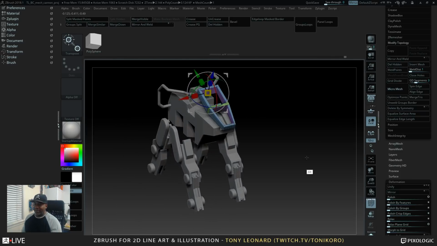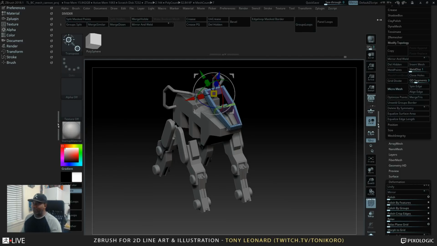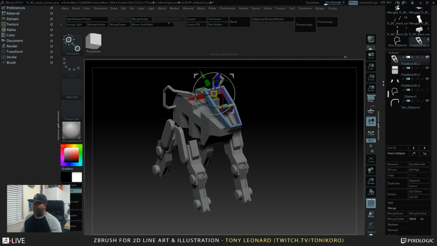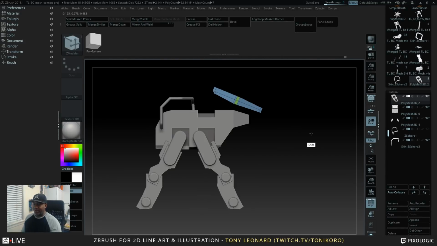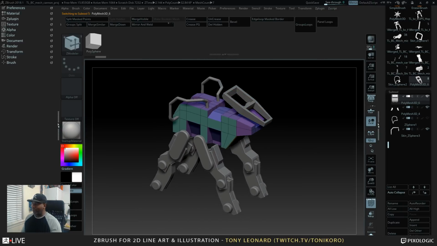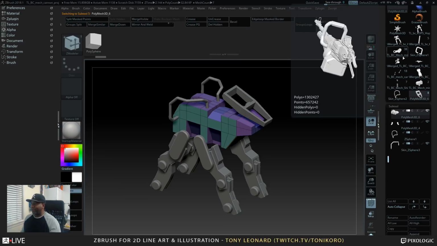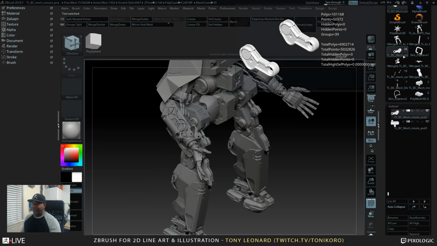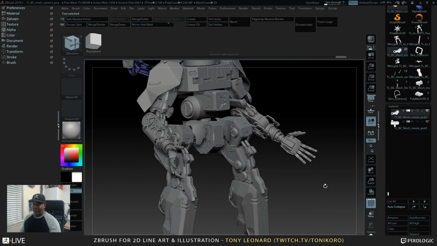Because the mech that I showed you guys here in Octane, I also have this as well, right here in ZBrush. And here, just as an example, I'll click on this so I can remember which shape I'm working with. But if I go up here, I have some shapes like this, in which I'm using,